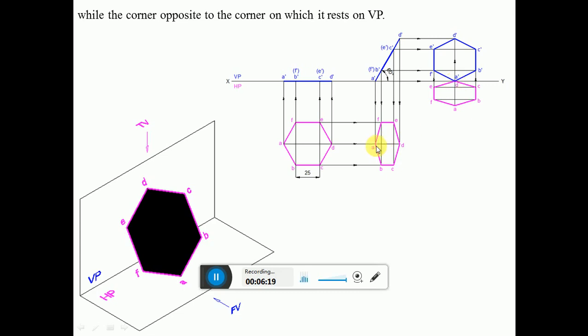Measure the length from A to D using a compass. From D, you mark that point to get A. Then measure the length from D to this distance. From D, you mark that point. Then draw a horizontal line. Then measure the length from this point to F. From this point, you mark F using the compass. Again, measure the length from this point to B. From this point, you mark that point again using the compass.